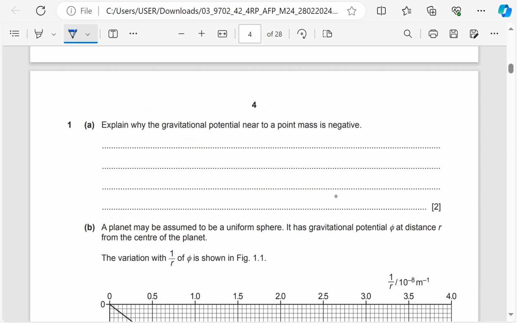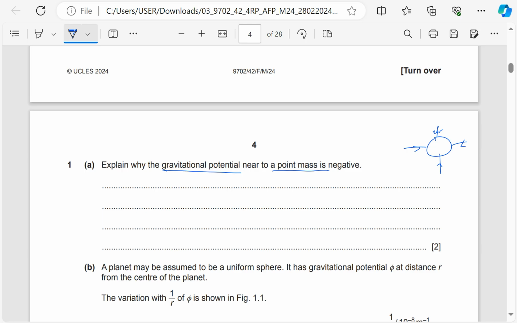Explain why the gravitational potential near to a point mass is negative. So if you consider a point mass, remember for a point mass, the gravitational field lines are radial and they always point towards the center of the point mass, which means the force is always attractive. And also remember that gravitational potential is defined to be 0 at infinity. So to answer this question, I will simply say number 1,